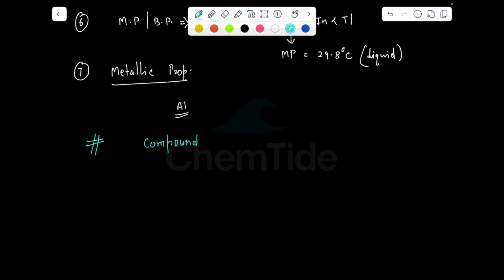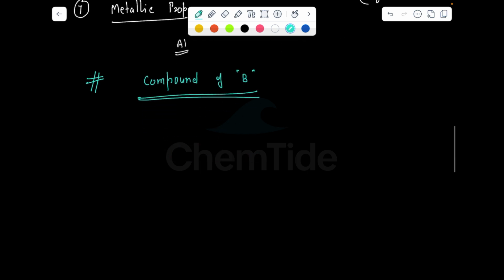Now we talk about a few compounds of boron, which is a very important one because questions are coming based on that also. The first compound we have is called diborane, B2H6. The question is very important about the bonding. Boron, basically, it's a dimer of BH3 and the octet is incomplete. So I could write it's a dimer.